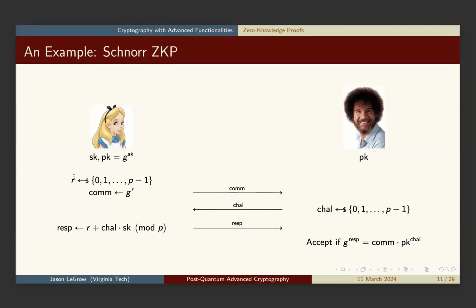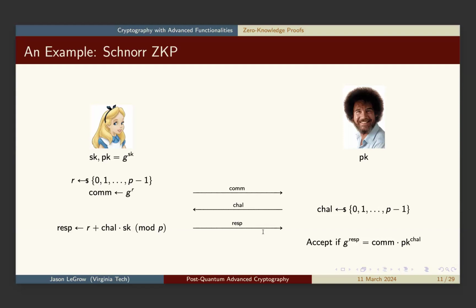So what are we going to do? Alice will choose r uniformly at random between 0 and p-1. She'll construct the commitment as g to the power of r. In the classical world, at least, this doesn't really reveal anything about r to Bob because he can't compute r using just a classical computer. Bob's challenge will also be a number between 0 and p-1. Then Alice will construct her response as r plus the challenge times the secret key,